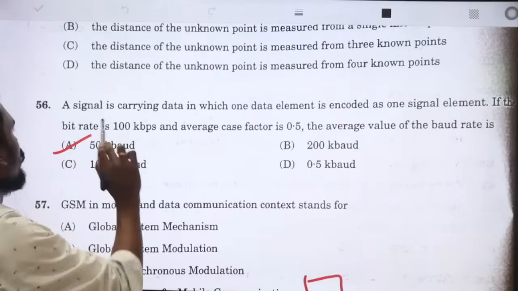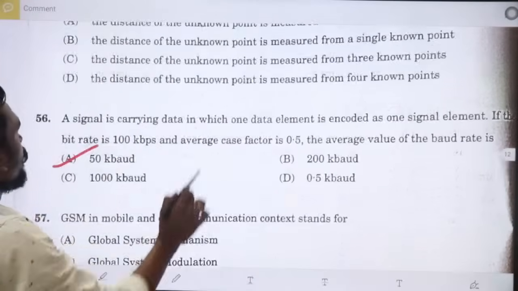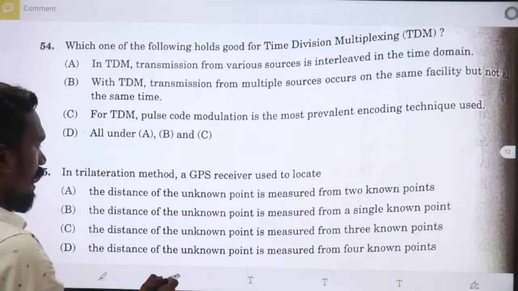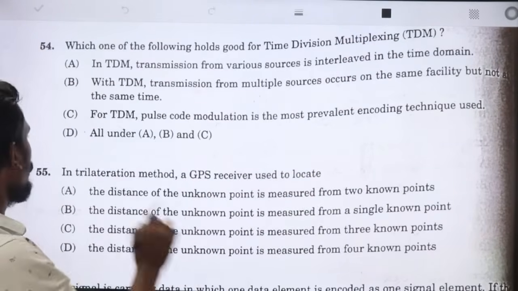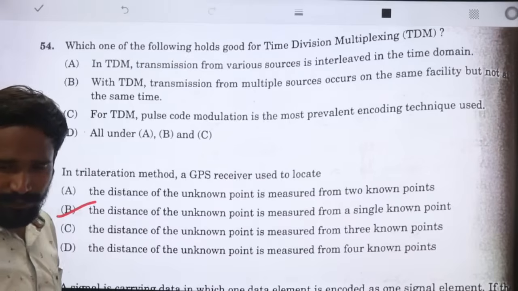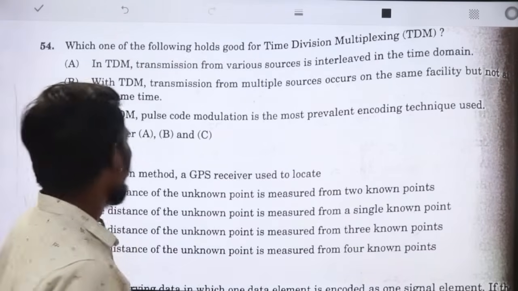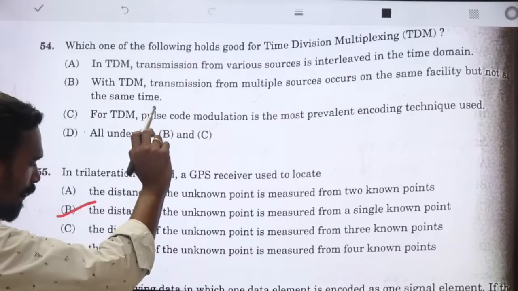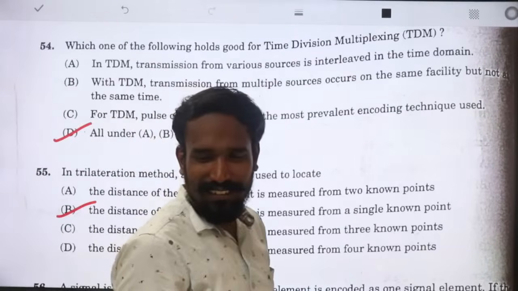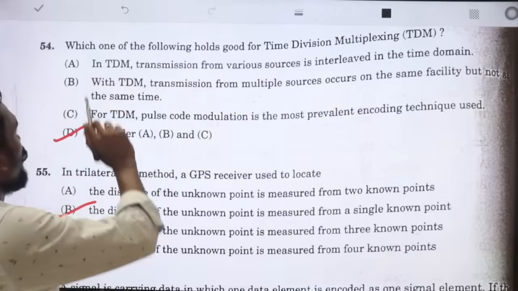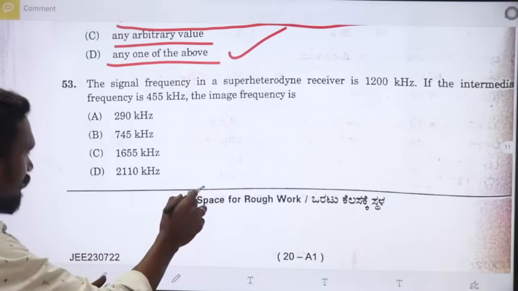The 56th question answer is option A, and 55 answer is B. 55 answer is B, and 54 answer is D. Very good. This 54 answer is D, and 53 answer,